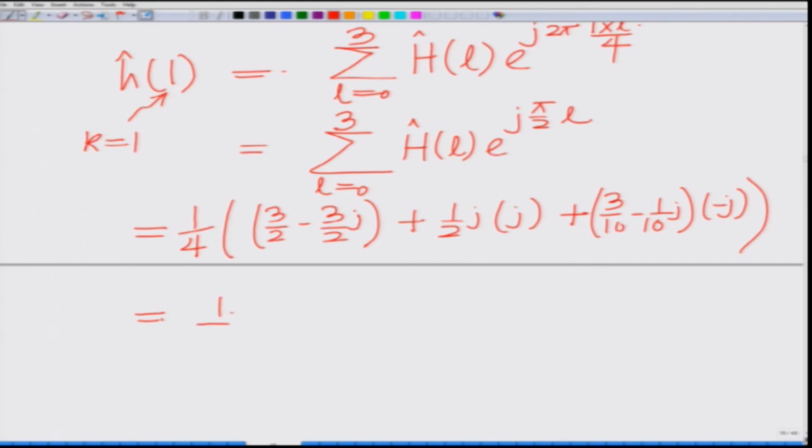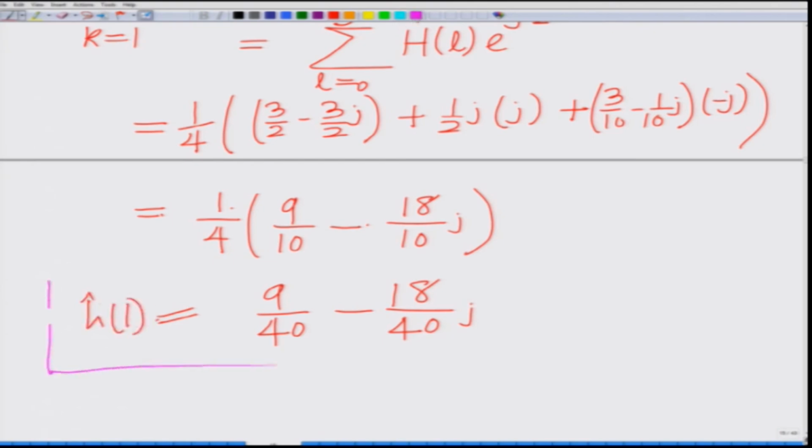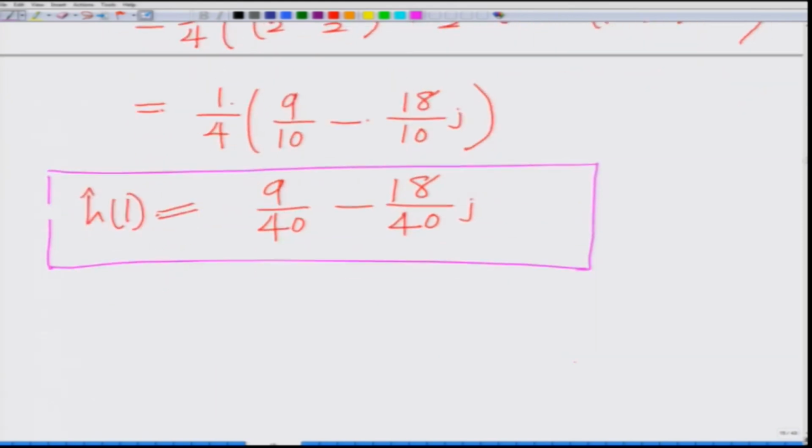basically you have here 1 by 4 times 9 by 10 minus 18 by 10 j, which is equal to 9 by 40 minus 18 by 40 j, and this is H hat 1. This is the estimate of the channel coefficient across the